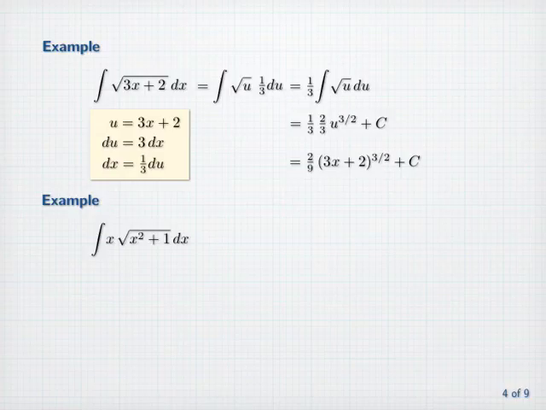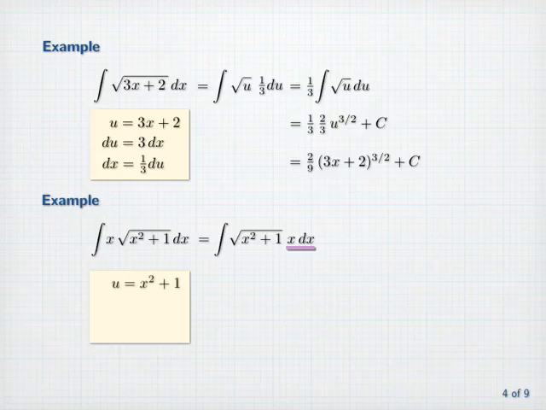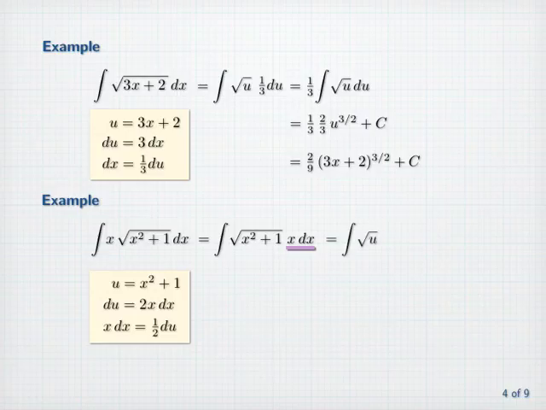Notice that under the radical here we have the function x squared plus 1, whose differential is 2x dx. Now we don't have a factor of 2, but we do have a factor of x as well as the dx. So let's rearrange and group the x and the dx together. Now we're going to substitute u equals x squared plus 1, which tells us that du is 2x dx, and x dx is 1/2 of du, so our integral becomes the integral of the square root of u times 1/2